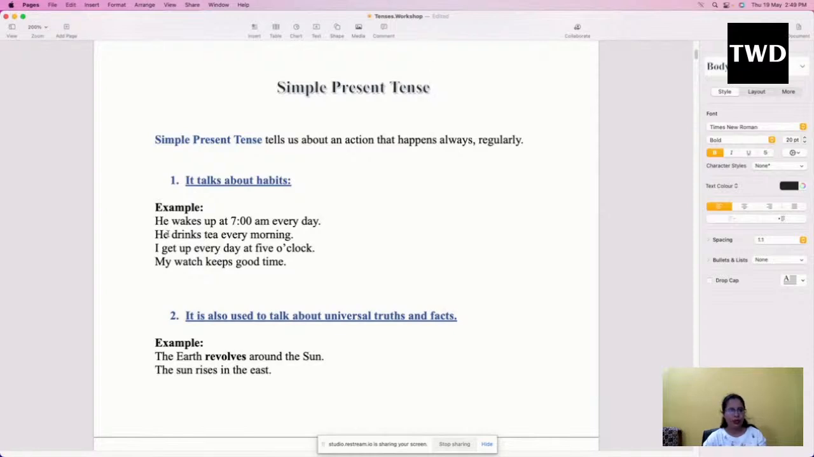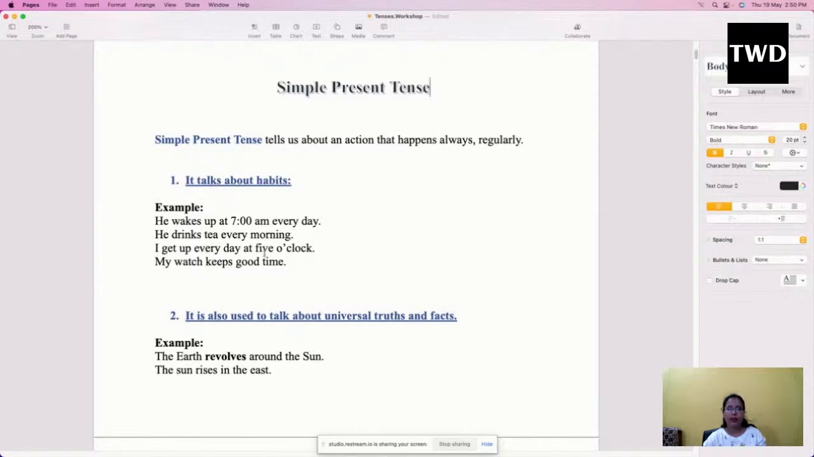Yes, so he wakes up at 7 a.m. every day. Every day he wakes up. We don't want to show whether he woke up in the past or present or future. This activity is being done by him daily, and that's why we have the subject and directly the verb. Yes,